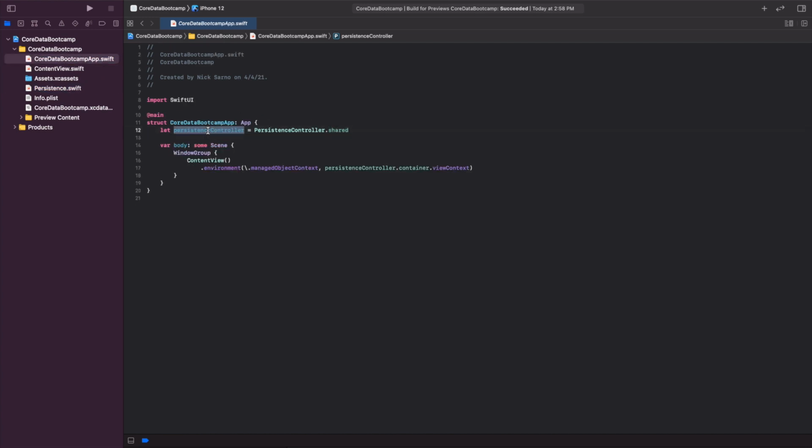So we have our controller, which holds that container. And then in the environment, we're putting in controller.container.viewContext. And the view context is actually going to be the data that's inside that container. So if we jump into the content view,